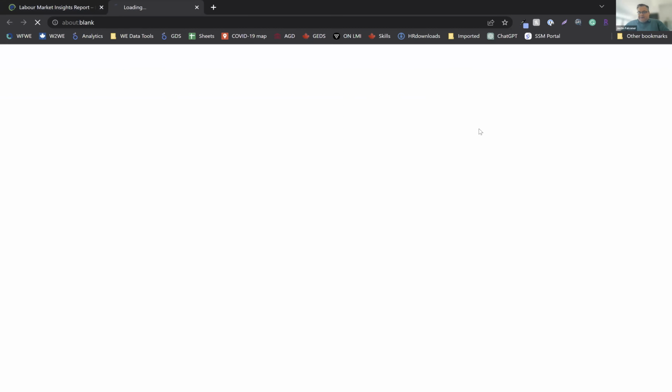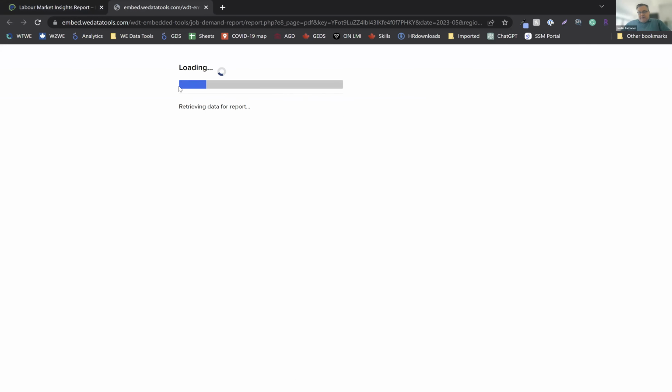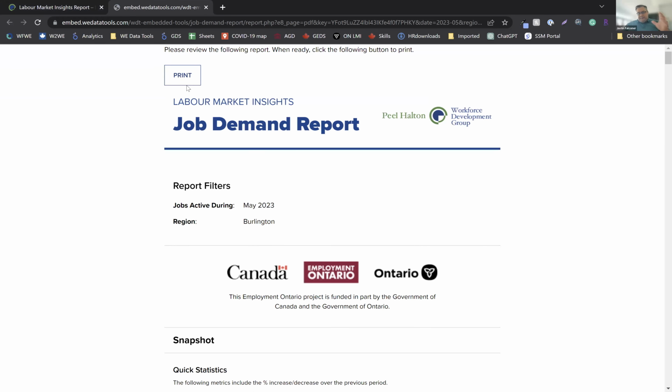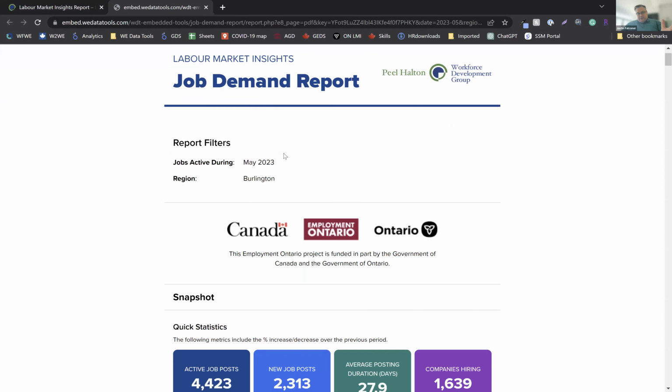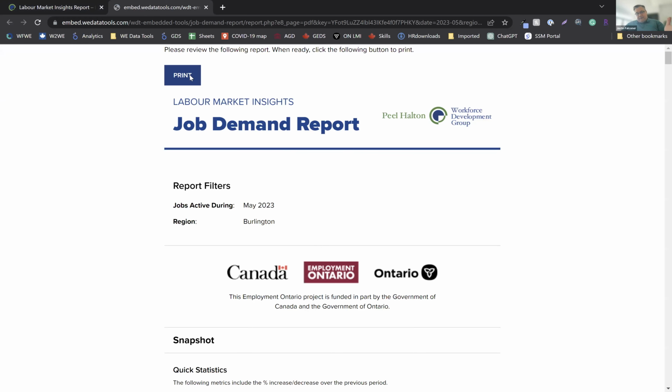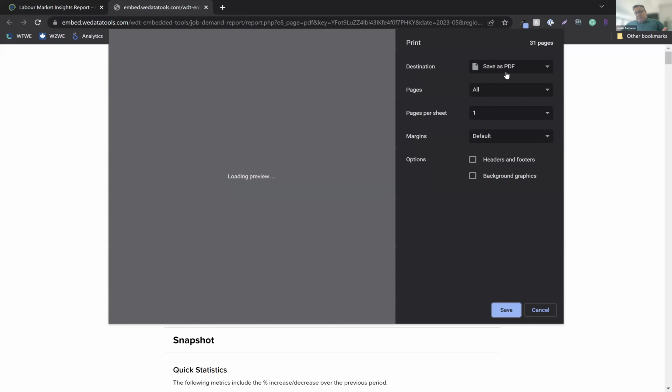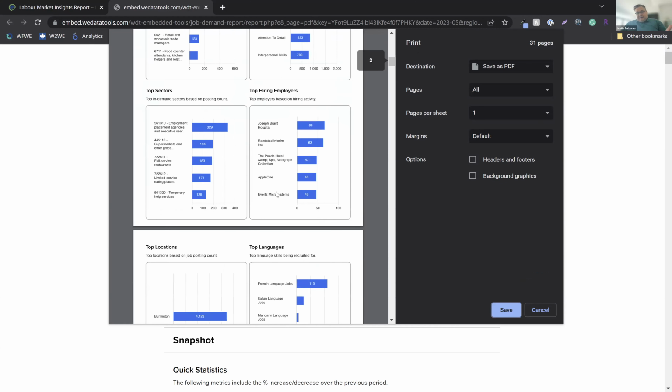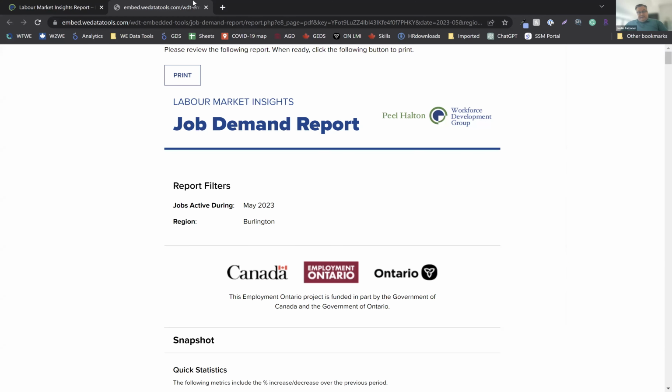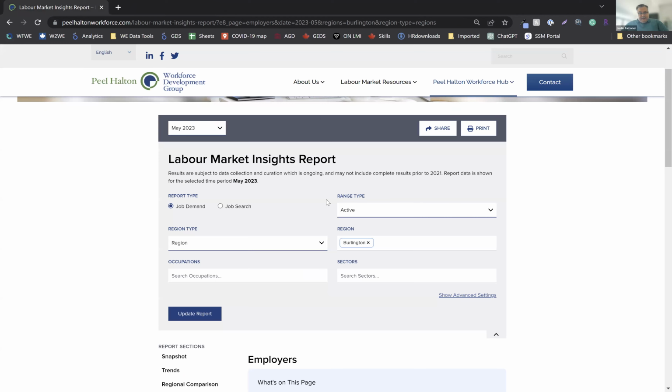There's also a print button here. So this will generate a PDF of the report that you made with all the sections and all the pages. So, you want to make sure your table lengths are whatever size, and you've got whatever regional comparison you want in there, and the trend number set to whatever you want. But once you've got it set to what you want, it will create a print friendly format for you. And if you hit it again, you can save it as a PDF, and you'll be able to download this and keep a copy of it